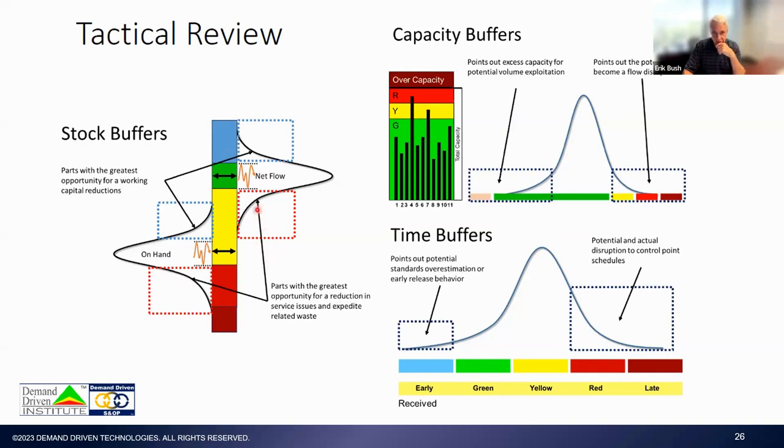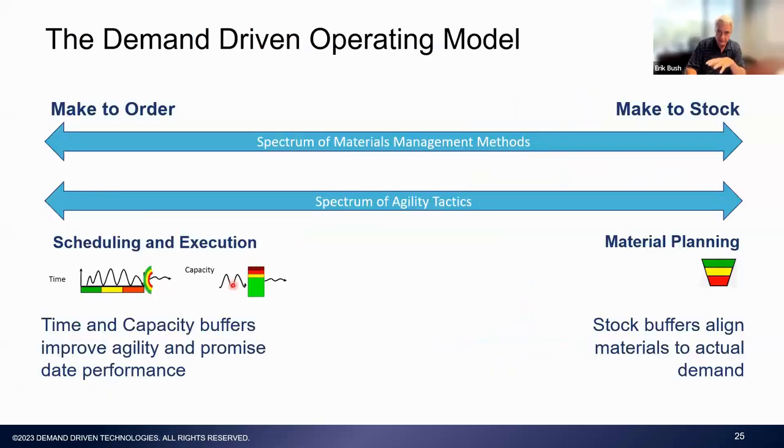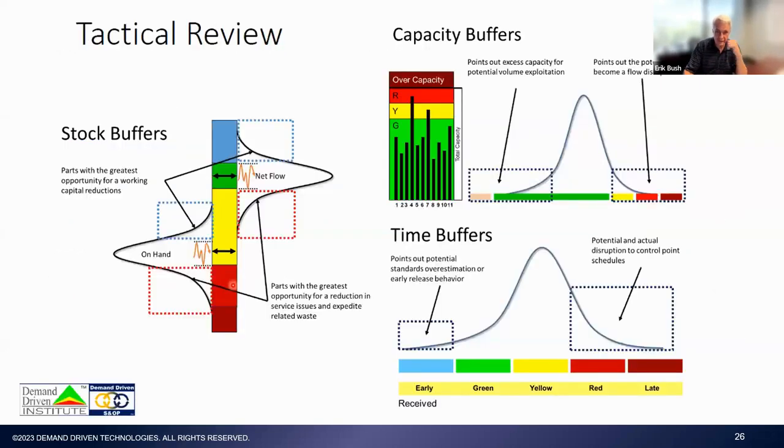At the same time, they're going to show us where we've got the greatest exposures for services. Those buffers that have been consistently penetrated down too deeply, or who have inadequate safety coverage in their red zones, are going to represent model changes that we want to implement to help protect that service that we're trying to achieve to the market. Again, we're back on the right side of this chart. We're trying to make sure stock is always available. And so if we have items that have chronically been exposed to stockouts, then obviously we need to rethink how we are configuring our buffers.